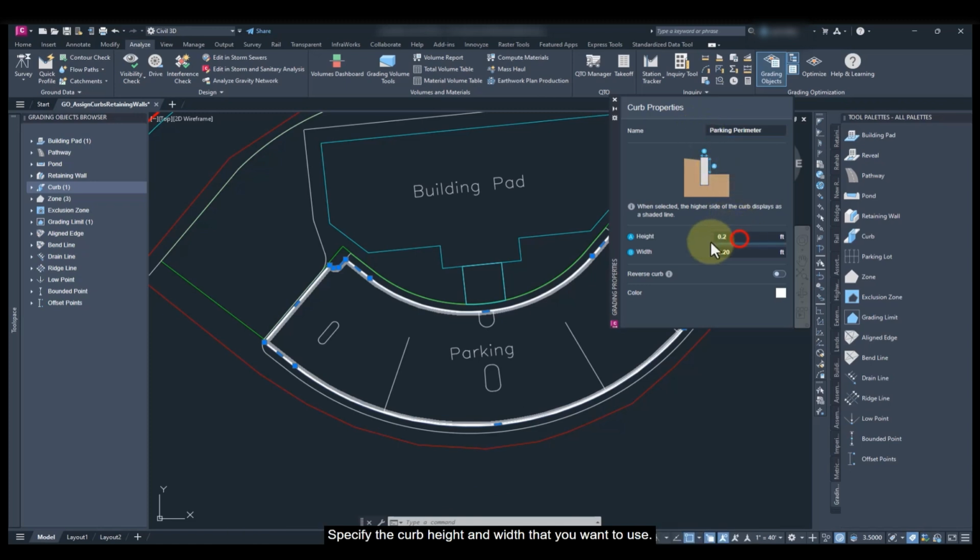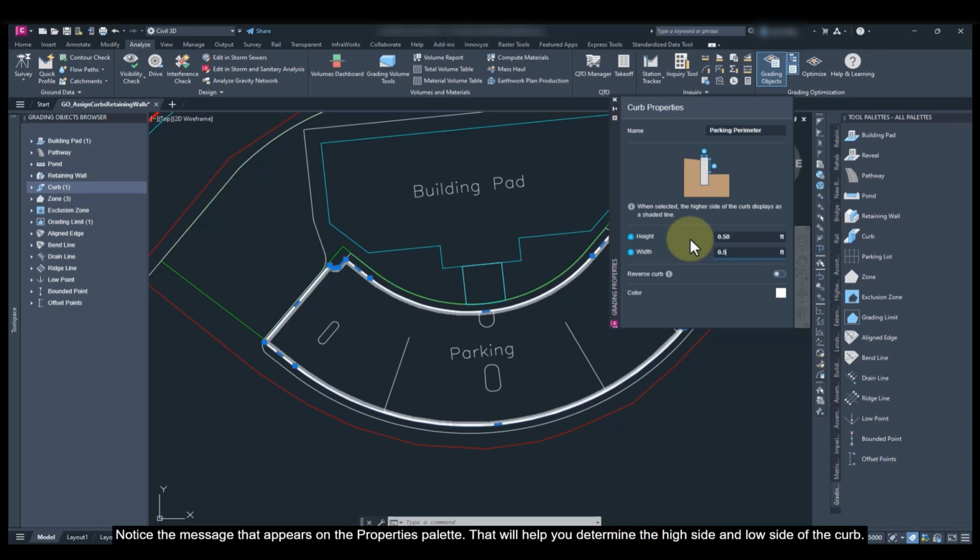Specify the curve height and width that you want to use. These default values can be changed on the tool palette, which we will cover in the next step. The curve direction is very important for the curve design. Notice the message that appears on the properties palette that will help you determine the high side and low side